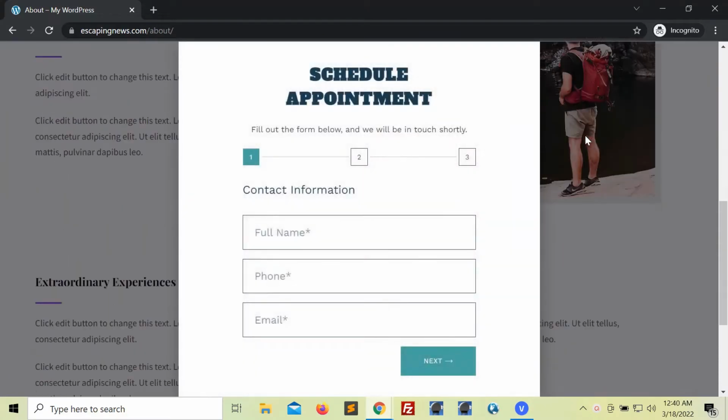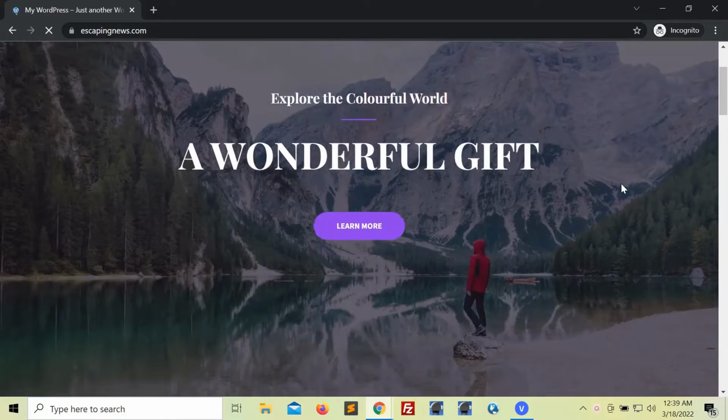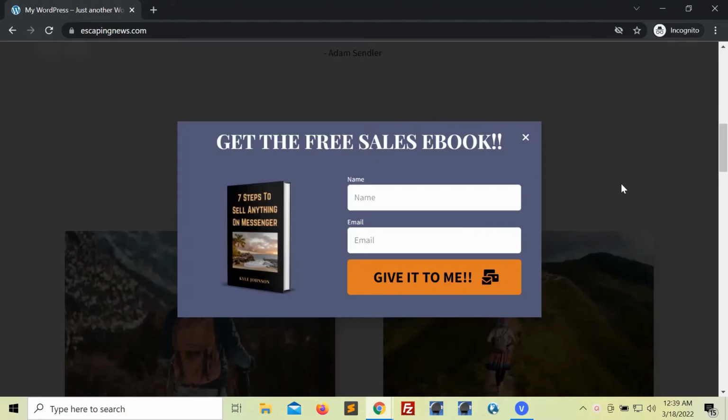If you're looking for a quick, simple, and easy way to add a beautiful pop-up form to your website, then you're definitely in the right place. Whether you're wanting to create a simple contact form that pops up when visitors visit your website so they can fill that out and send you a contact submission, or you're wanting to build something like a lead capture form where you're collecting their name and email in exchange for something free like a mini course or an ebook that you're going to send to their email, I'm going to be showing you exactly how to do this